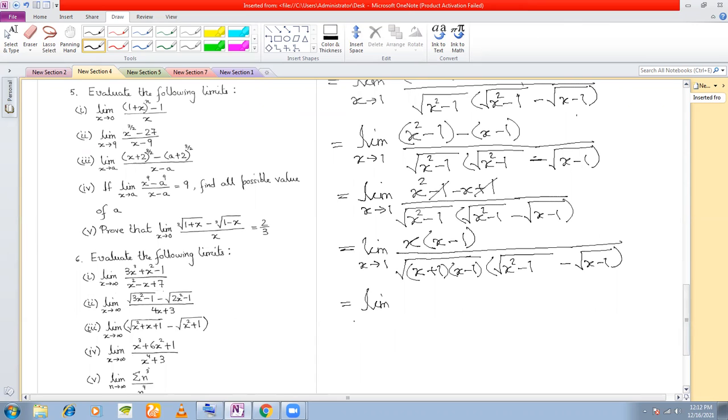Now if you see, in the numerator, I have x minus 1 only, which you can obviously write as, because I have root x minus 1 in the denominator. That is why in the numerator, I write x minus 1 as root x minus 1 whole square divided by, now if you separate here, you get root x plus 1 into root x minus 1. And this factor remains as it is.